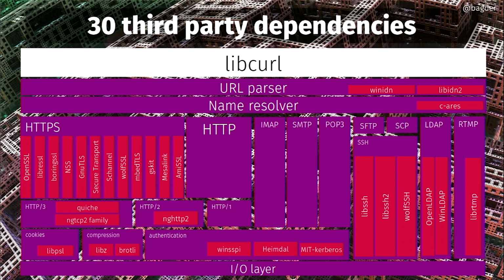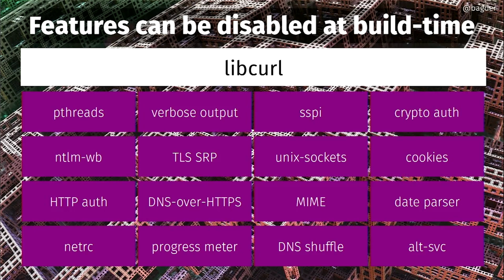And it all is provided with a single API, and most people, when they build their devices, whether a car thing or a watch, just pick a particular selection of these that they like, and they build it and run it on their own device, and they're happy with that. And you can also disable a lot of features at build time. You don't need to have all these enabled, so you can trim the footprint to make it work exactly the way you want.